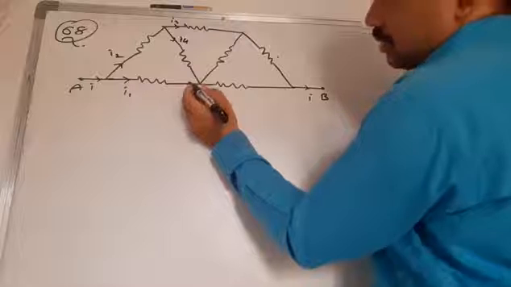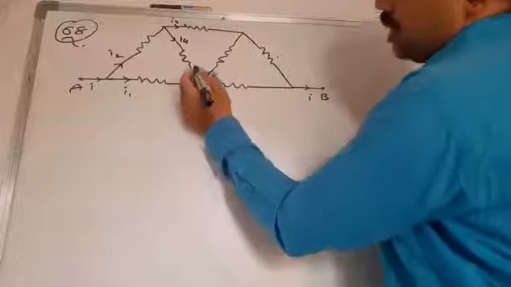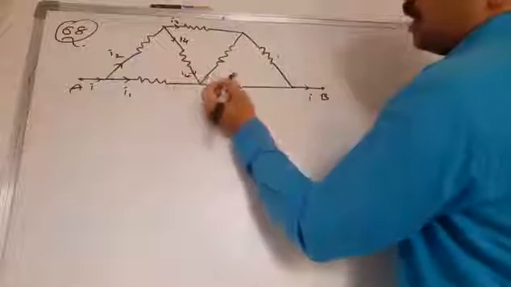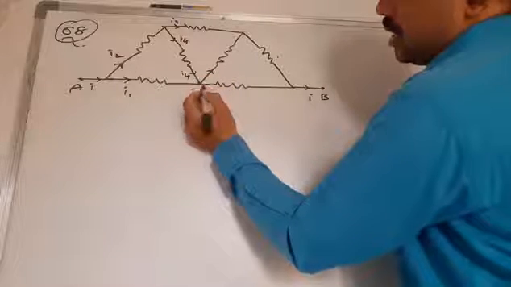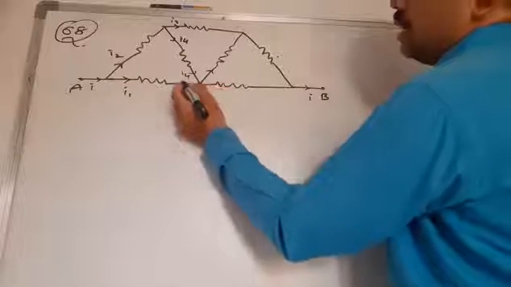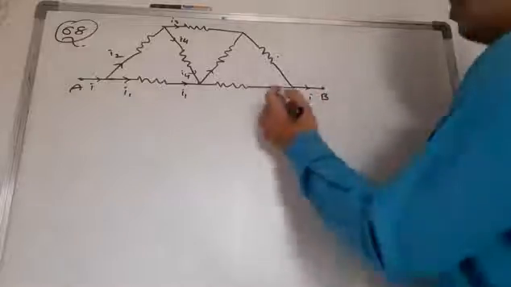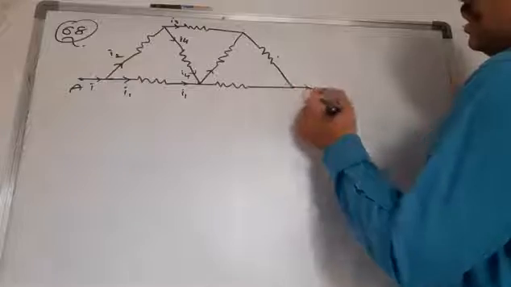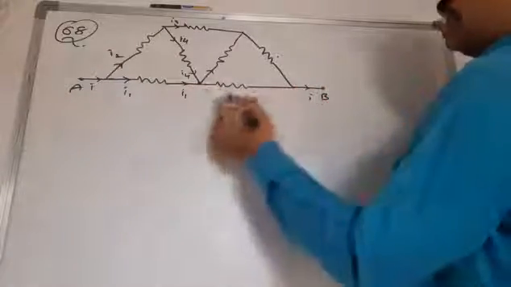Here what is happening? Here the I4 current comes, and here it is a junction, so I4 should get combined with the I1. Here I1 will be coming, and we know that the overall current should be here I. So if both the things combine here, let us suppose,